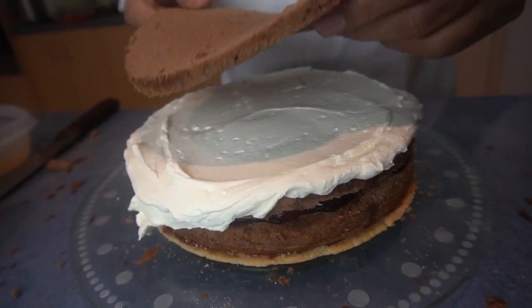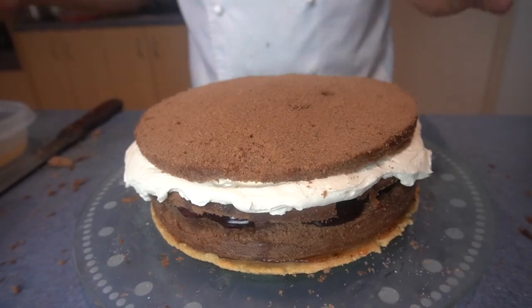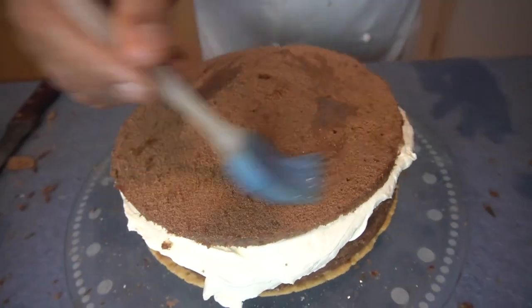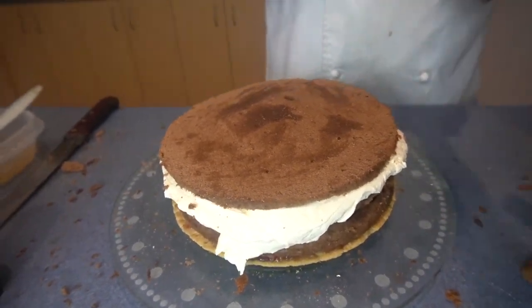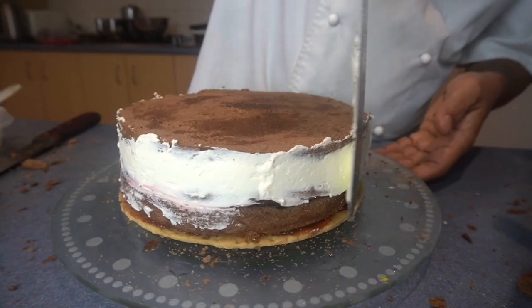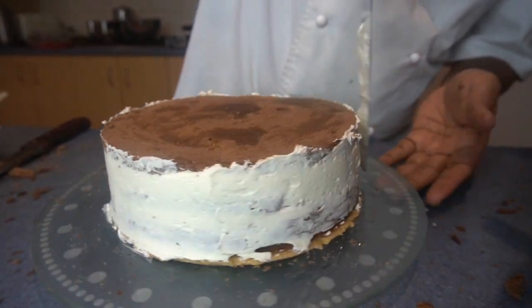Right, and my last layer goes on top. I'll soak that also, so that your cake will be soft and nice. And once this step is over, I'm just going to balance the whole thing and get it to a neater finish. All right,